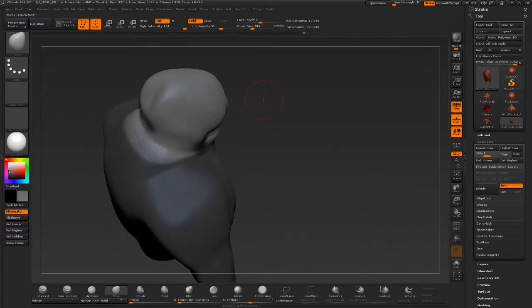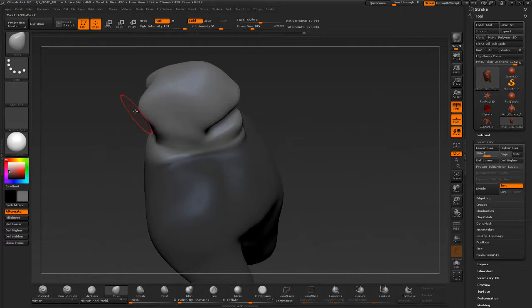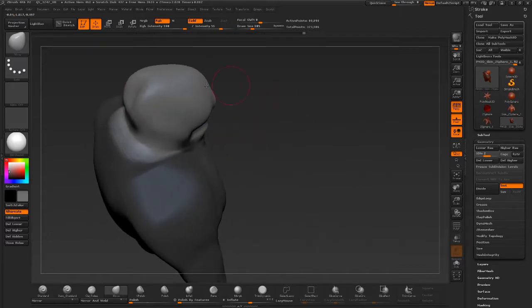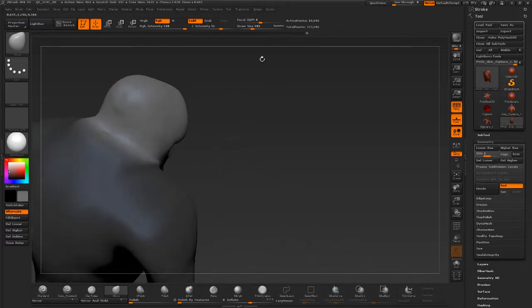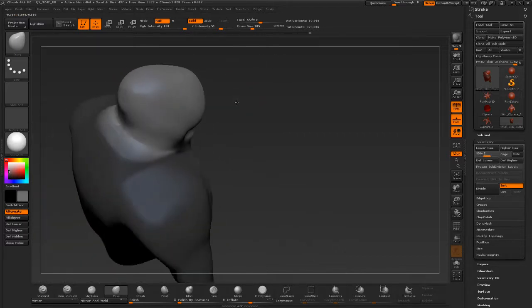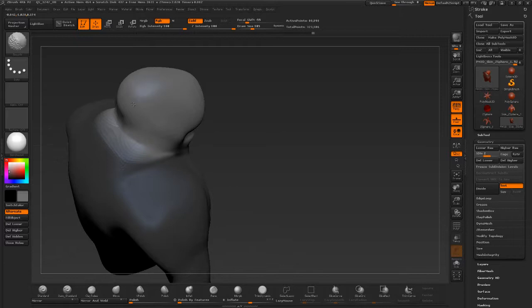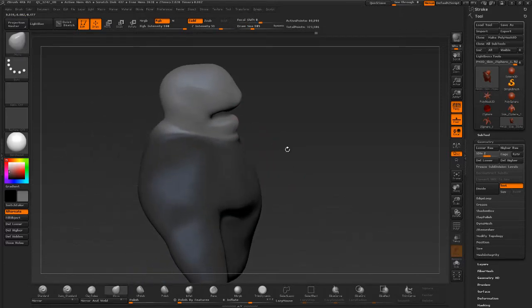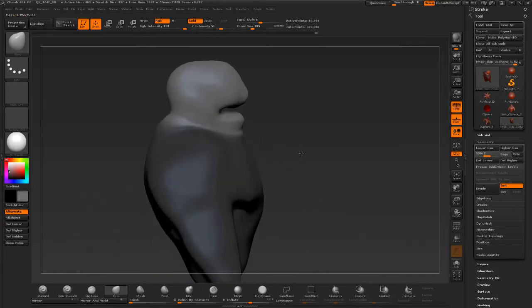And you can see that when I pulled this side here with the Move Brush, the brush was kind of small, so it made this little indent in the head. So I've got to pull that out a little bit. That's just something to keep in mind, and then you can just smooth out the results as you're done with that. And as I keep working, I might want to